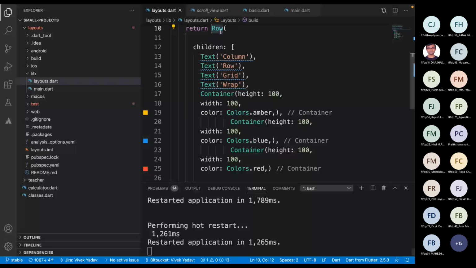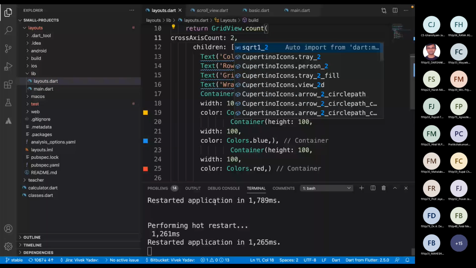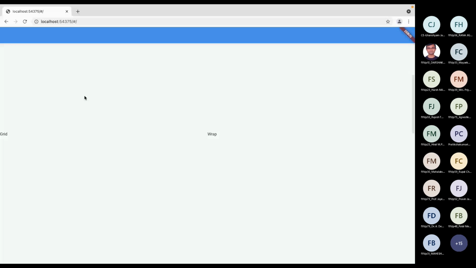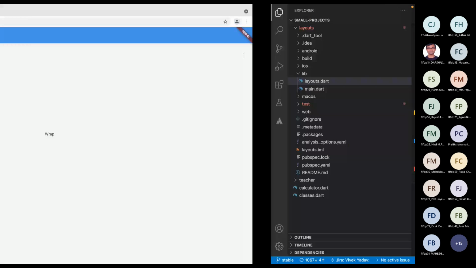And when I make it grid view dot count, and cross axis count is 2, if I restart it, then it is forming a grid view type of thing. I can make it 3 as well. Basically, that number means how many values we want in one line.